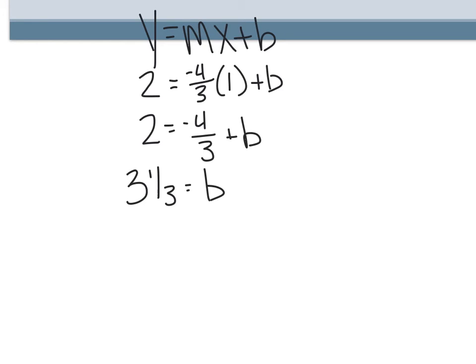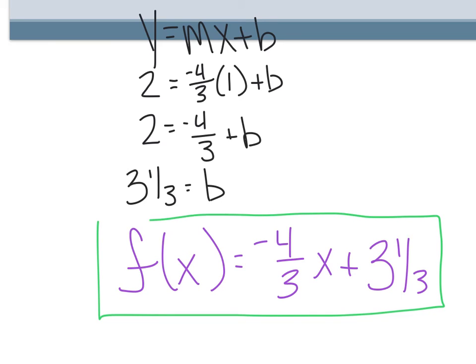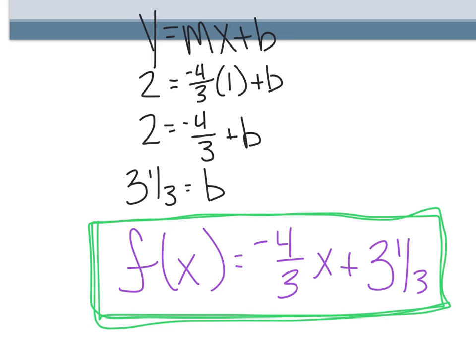But instead of writing y, I'm going to write f of x is equal to my slope -4/3 x plus my y-intercept 3 1/3. And if you would rather write that as 10 over 3, totally fine. And this is our final answer. This is what we are doing today. We're just writing equations of linear functions, but we're going to write them in function notation, not y equals mx